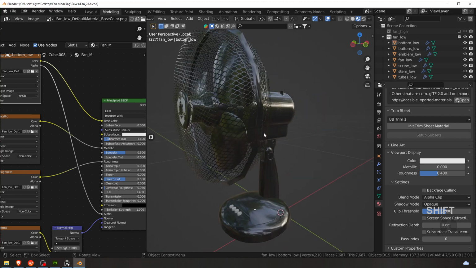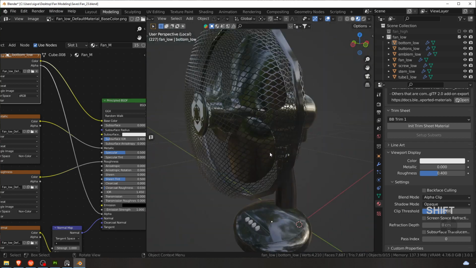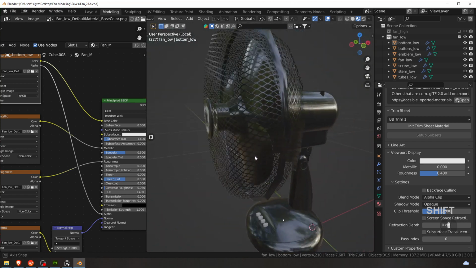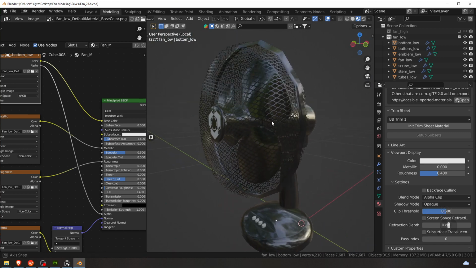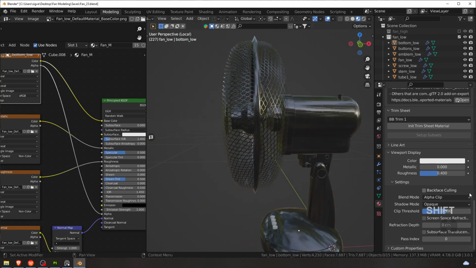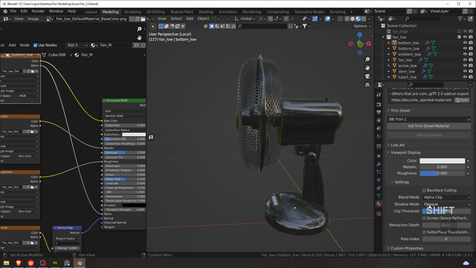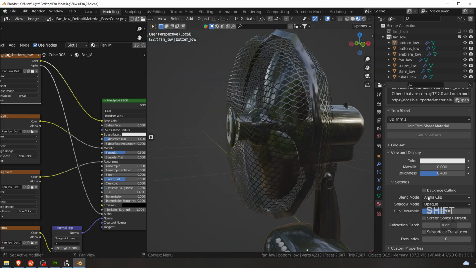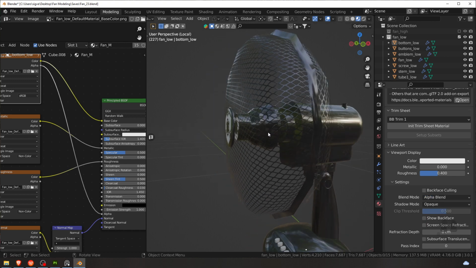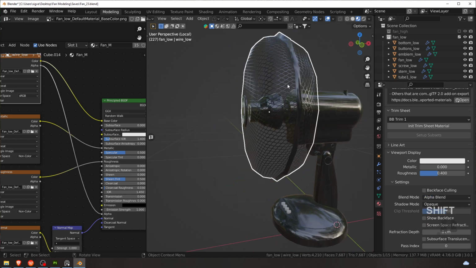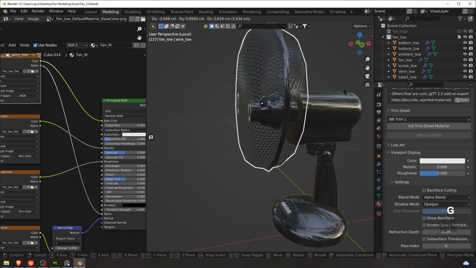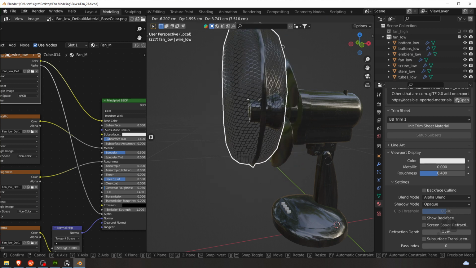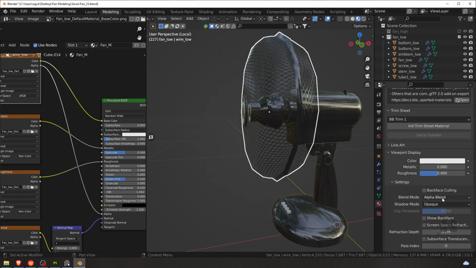Everything is working fine. But then there are some different things, how it's limited. So yeah, if you read those things in there, which I showed you, then you know. But basically set it to alpha clip, blending mode, this to opaque, and you'll be good to go. There is a way to make it work with alpha blend, but then you need to make a different material for this object. That's how it works. This object would have one material which would have alpha blend, and then everything else would have a different material which would have